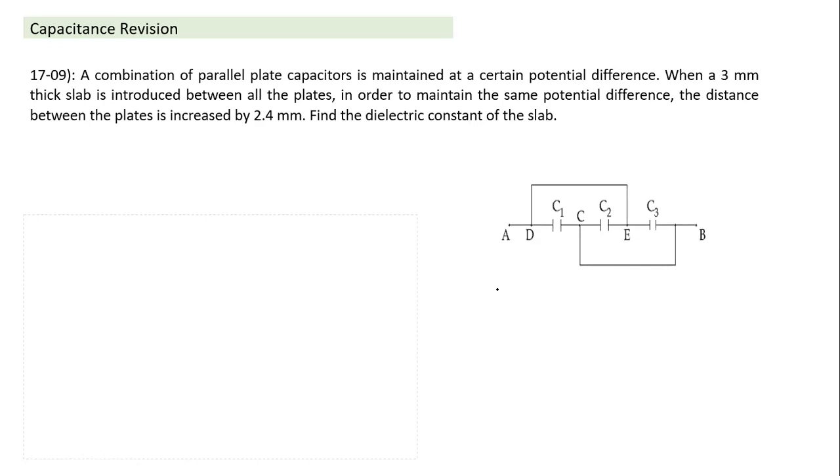So think of it, what is the necessary condition for the same potential difference? Suppose these points A and B are connected and in some way we maintain a potential difference of V. If we have potential difference V, we can easily notice all are connected in parallel, so all also have the same potential V here. So basically, in order to maintain the same potential difference, what has to happen here? If V has to remain the same, basically capacitance also has to remain the same. This question is based on that: if V is the same, capacitance also has to remain the same.